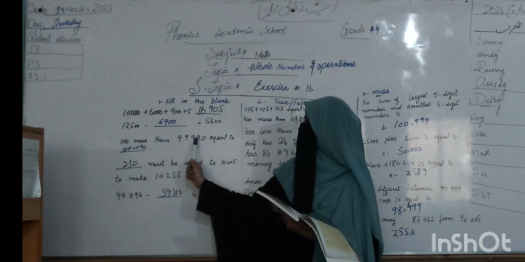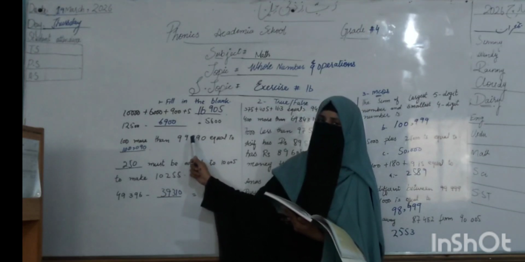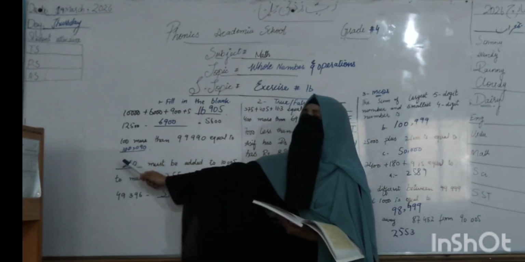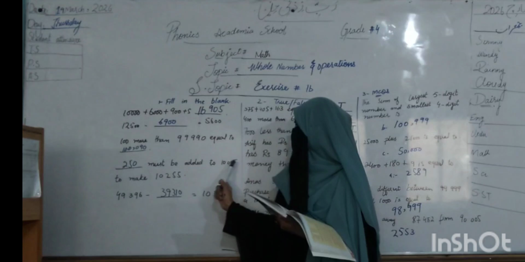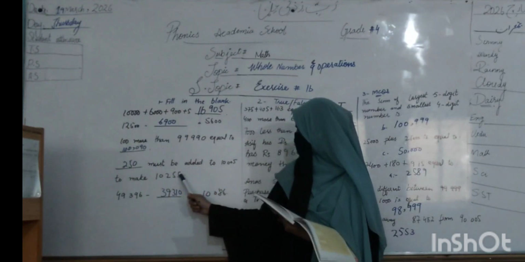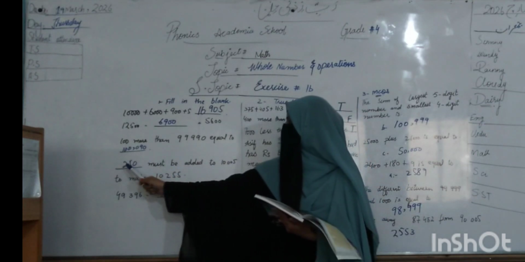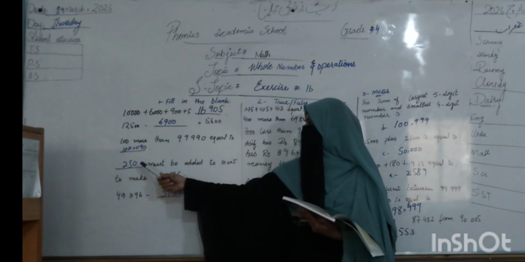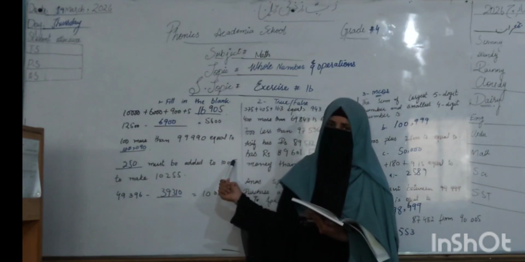100,090. Because when you add 100 to 99,990, 9 and 1 make a 10, 10 is a 0, then take a carry to the other value, and it becomes 100,090. Dash must be added to 10,005 to make 10,255. So when you subtract 10,005 from 10,255, the subtracting value is 250, because when you add 250 to 10,005, the value is